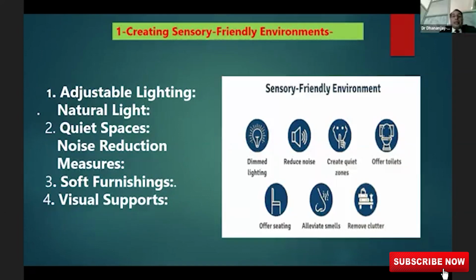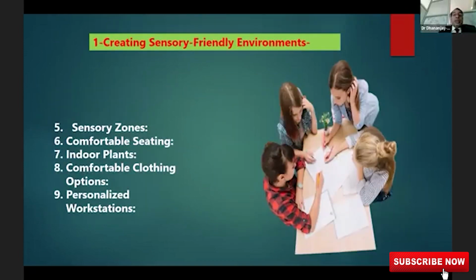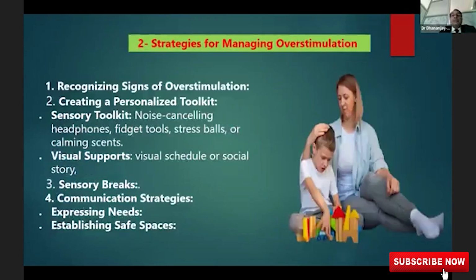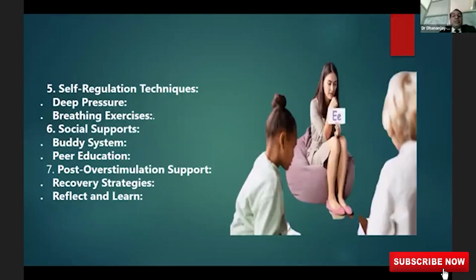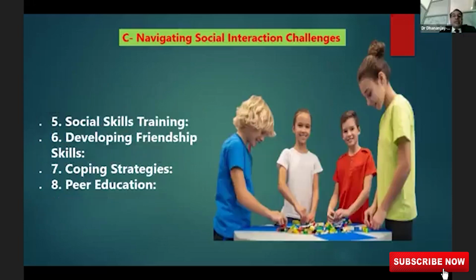How will you make your sensory-friendly environment? Dim lighting should be there, reduce noise, create quiet zones, offer proper toilets, sitting arrangements, and remove clutter. Then these are how to manage overstimulation. You have to develop a personalized toolkit. It may be a sensory toolkit, noise cancelling headphones, fidget tools, and sensory toys, visual support like a visual schedule or social stories. Then social interaction challenges,